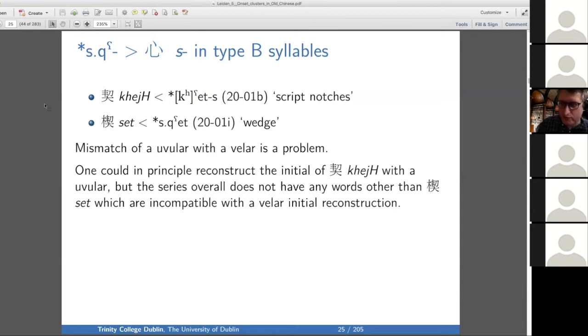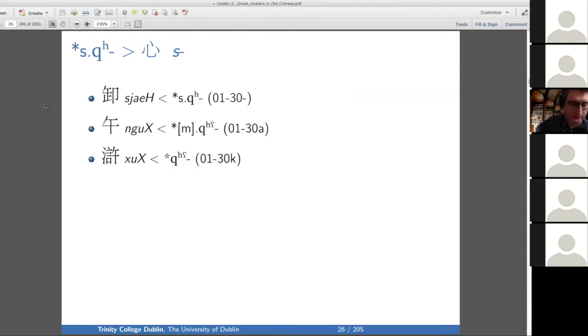And you could, of course, reconstruct the velar as a uvular, but the series overall does not have any other words that are incompatible with a velar initial reconstruction. Okay, so now, I'm moving on again,